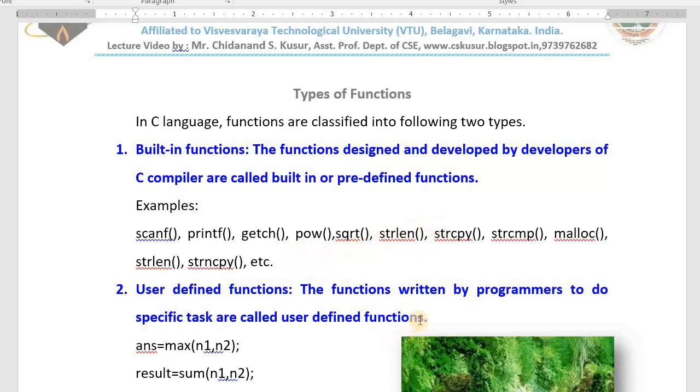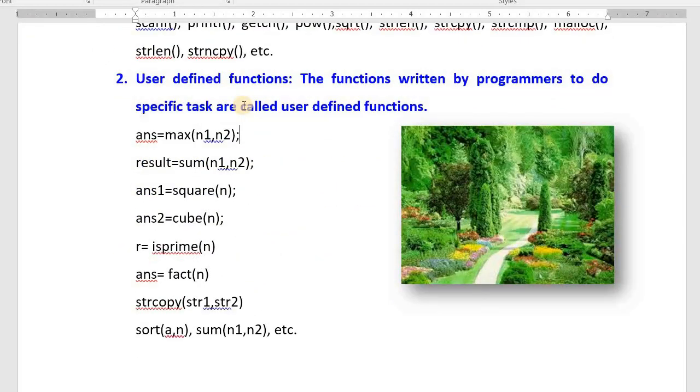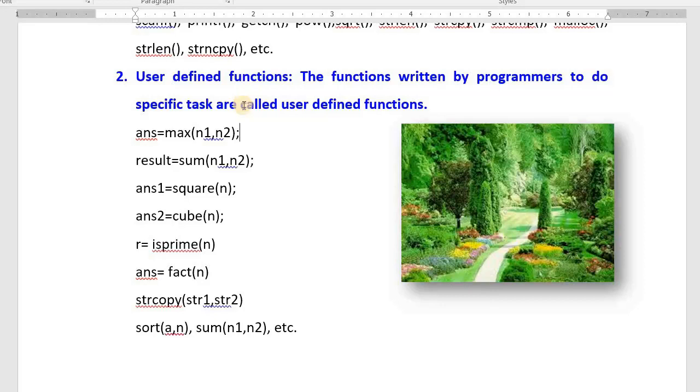The functions whichever we create, sir, that means the functions written by programmers are called user-defined functions. We write these functions to do specific tasks, sir. Examples: max is created by me, sum is created by me, square is created by me, is prime is created by me. If you give the answers like this during Viva, OSA and computer programming lab, the examiner gives you very good marks, and the examiner may appreciate you. At that time you will be happier, no? Very good. This is the simple topic.